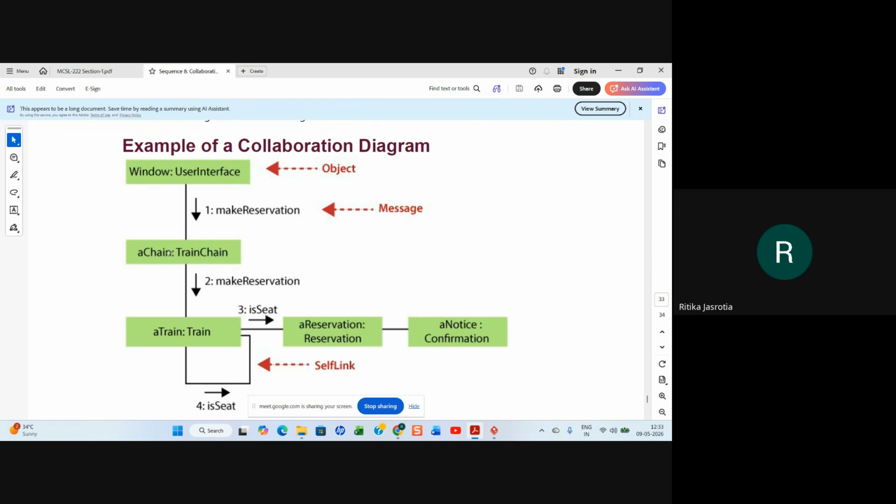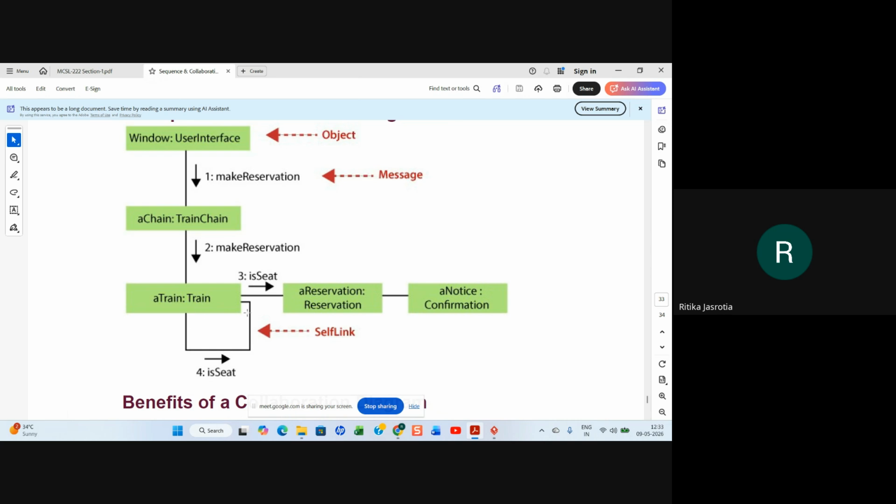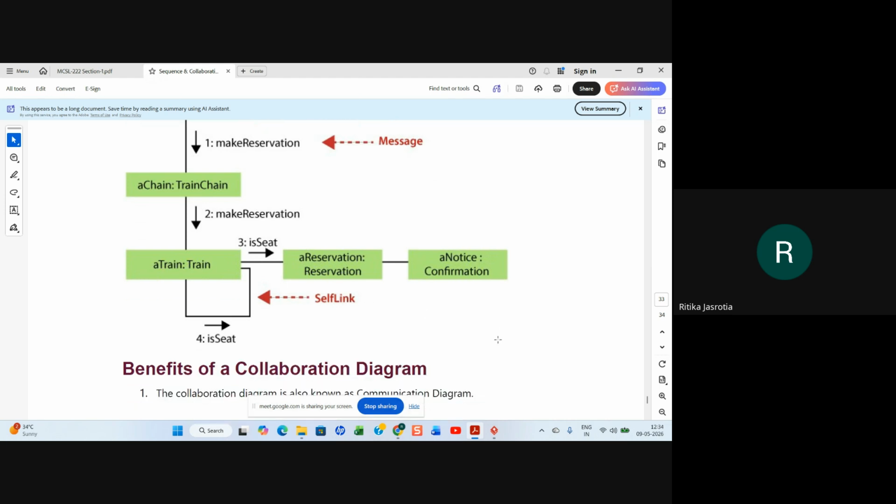So make reservation, then check your train is there. Your train number you are selecting, and then make reservation on that train, right? So on that, make reservation for that train. So you are selecting the seat. Third message is seat available. So if the seat is available, reservation is done. A confirmation notice will be sent. Right? So you are checking here if the seat is available. If the seat is not available, you will go back to the train option again. So that kind of thing they have.